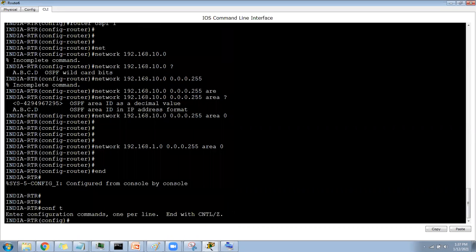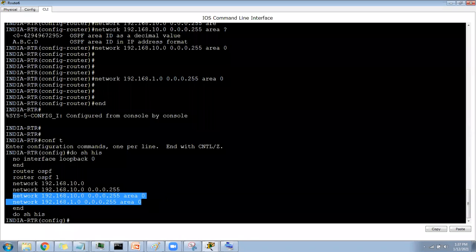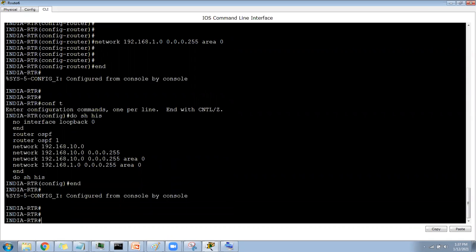What configuration have I done? Do show history. I just configured router OSPF 1 and these two commands: network 10 area 0 and network 1 area 0. That's it. Anything else I have done? Nothing. So now let's go to